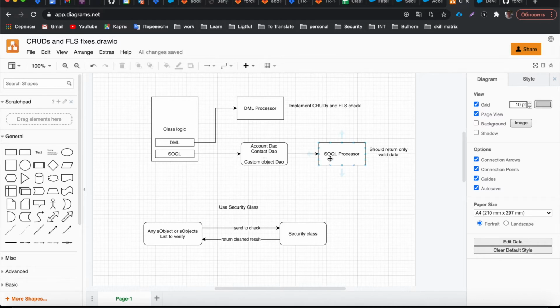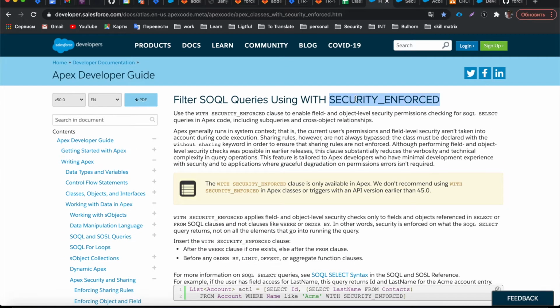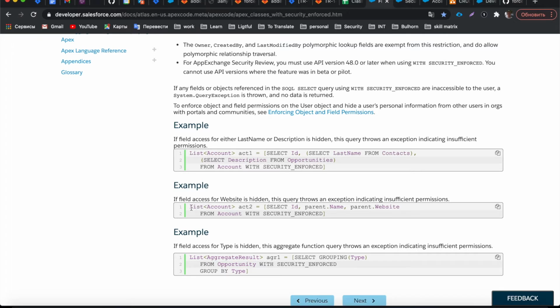First of all, let's discuss what we could do for the SOQL processor. Salesforce offers us the possibility to add the WITH SECURITY_ENFORCED clause into our SOQL queries. Let me show you an example of the query. Here we have a list of accounts that we would like to retrieve from the database. If we put WITH SECURITY_ENFORCED at the end, then if for any reason we don't have access to any field from our query, for example the parent name or parent website, or even any field on the Account object,